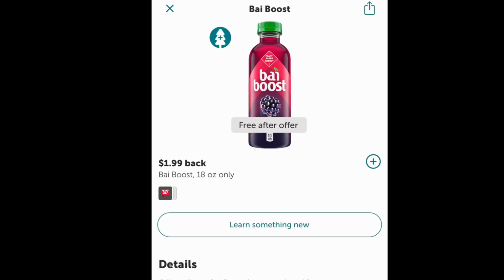The first little item that we're going to talk about is a total freebie. It is this drink called BuyBoost. So $1.99 back with the Ibotta rebate app. Check that you have this rebate when you walk into the store, because otherwise you'll just not buy it. Always double, triple check your rebates to make sure that you have the proper ones or